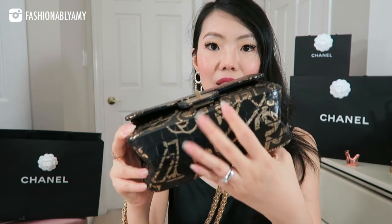I love the fact that this one is a little bit more structured because it is the embossed leather, and it has more of a firmer structure, as you can tell. Even though it does have a bowing on the bottom, it is not completely folded, it's just a little curved, and I will just leave it that way because I love the fact that it has a bit more structure versus an actual pancake, which I feel like in the regular reissue, the black one is quite distressed and therefore quite